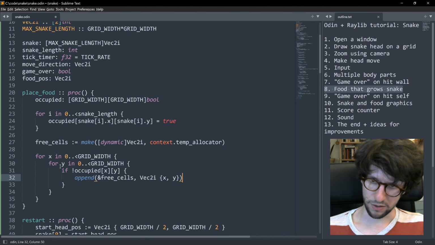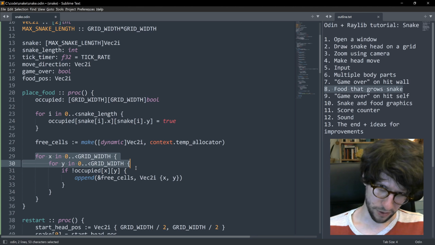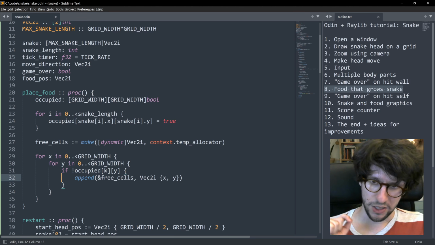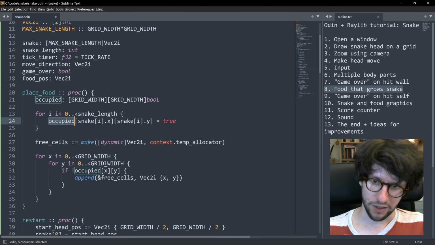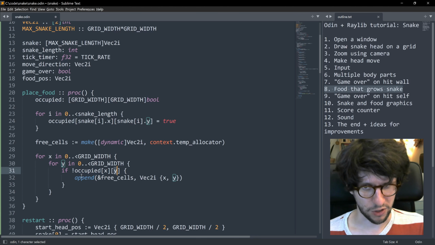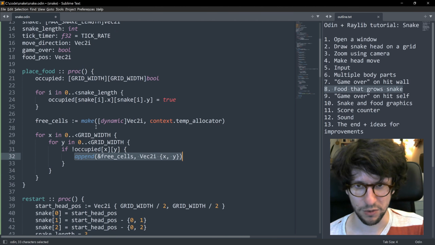So this just goes over the whole game board play area, and for each XY combination it checks the occupied grid, and the occupied grid only has true for that combination of x and y if there is a snake part there. So if there is not a snake part there, then that cell is free, so we add it to this dynamic array here, and that's what append does. Append adds new things to the dynamic array and also makes sure to grow it if it is too small